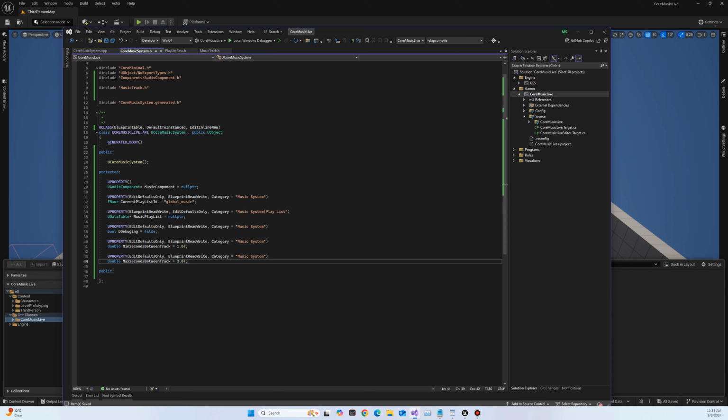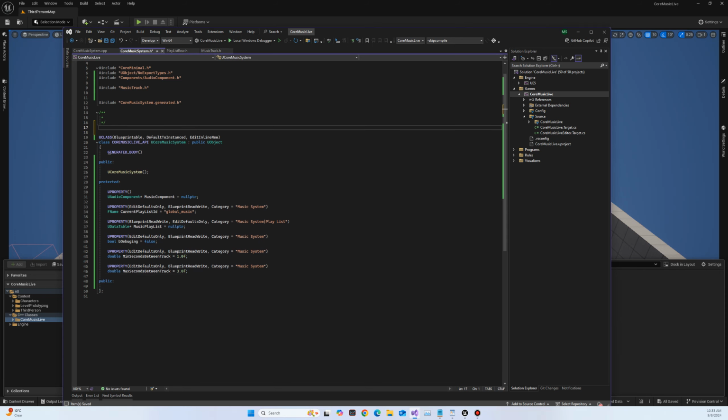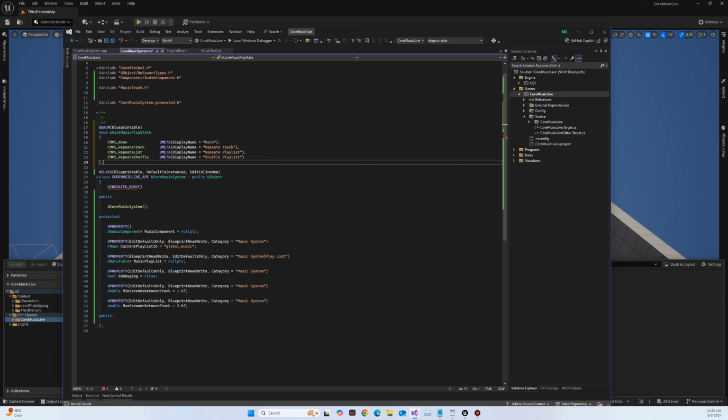So to do that, we'll go ahead and add that information. And so I'm also going to add the ability to select how I want to play the music from the component. And to do that, I'm going to bring in an enumerator. So to do that, we'll create an enum. I'm going to call it core music player state. We'll give it the